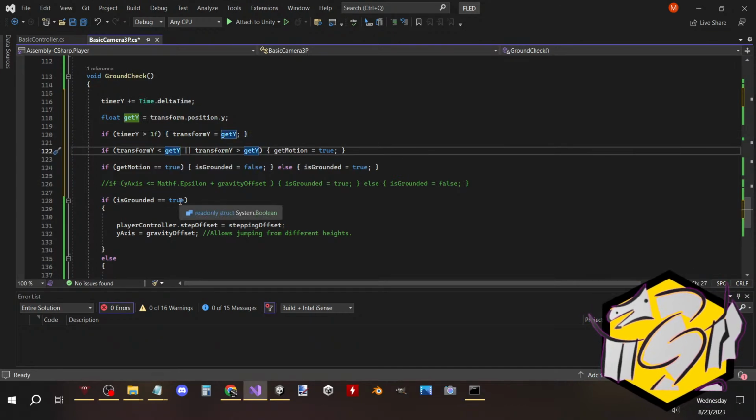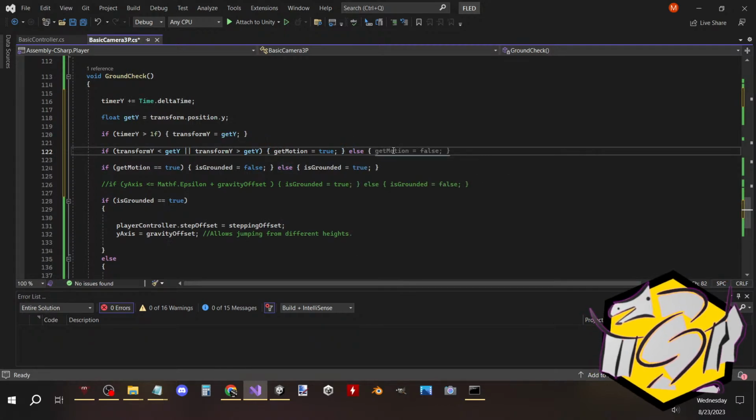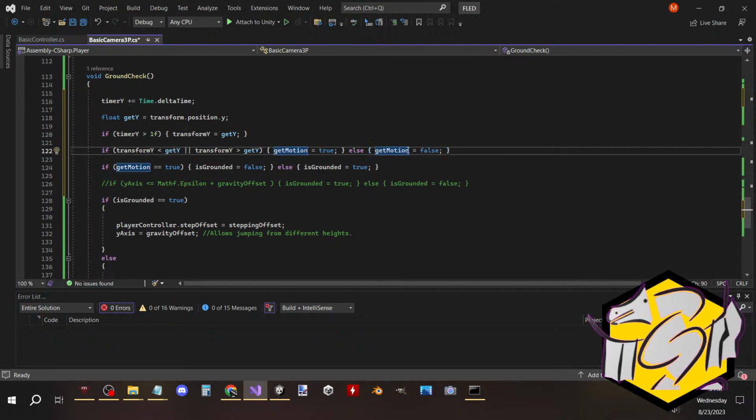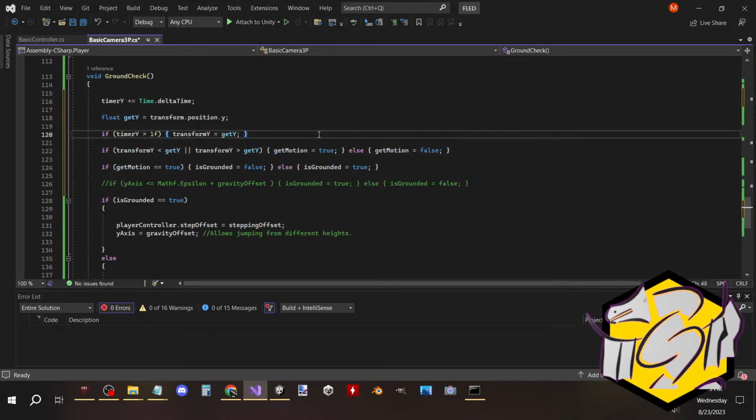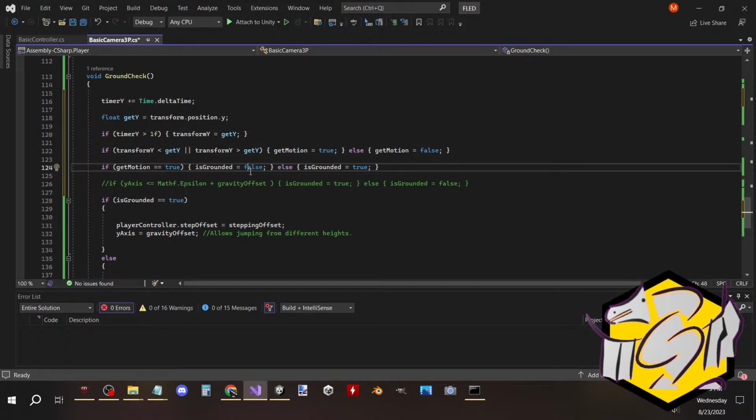If they're equal, which is not so we do else. So if they're equal, which would be else, get motion equals false. If motion is true, is ground equals false, else is ground equal true. Because there's motion, if there's motion in the y,